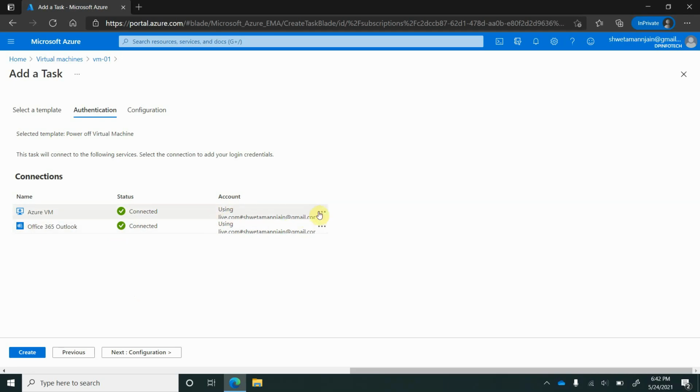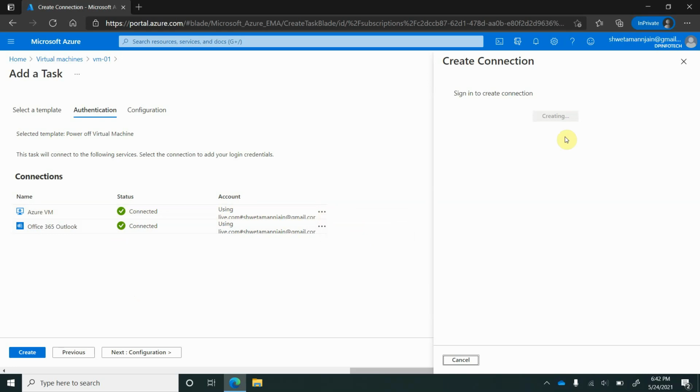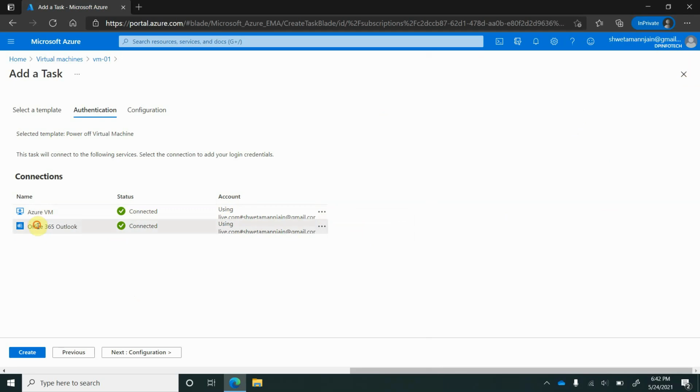In that case, you can click over here and click on new connection. It will allow you to sign in. You can click on that sign in button and go through it using the Azure credentials and it will get connected. For me, it is already connected. The second one is the Office 365 Outlook. This particular connection is required because it is going to send an email. That's the reason we need to configure it.